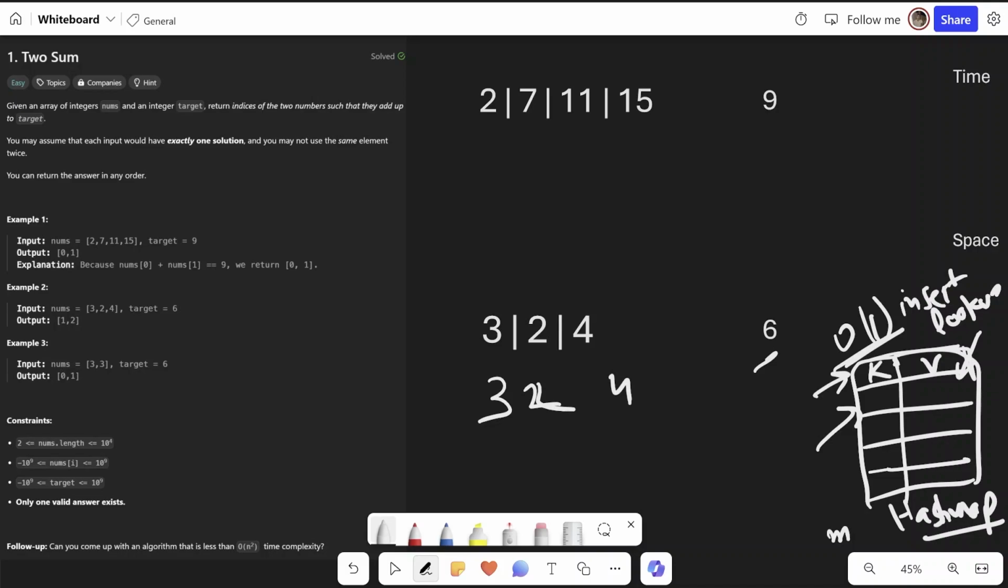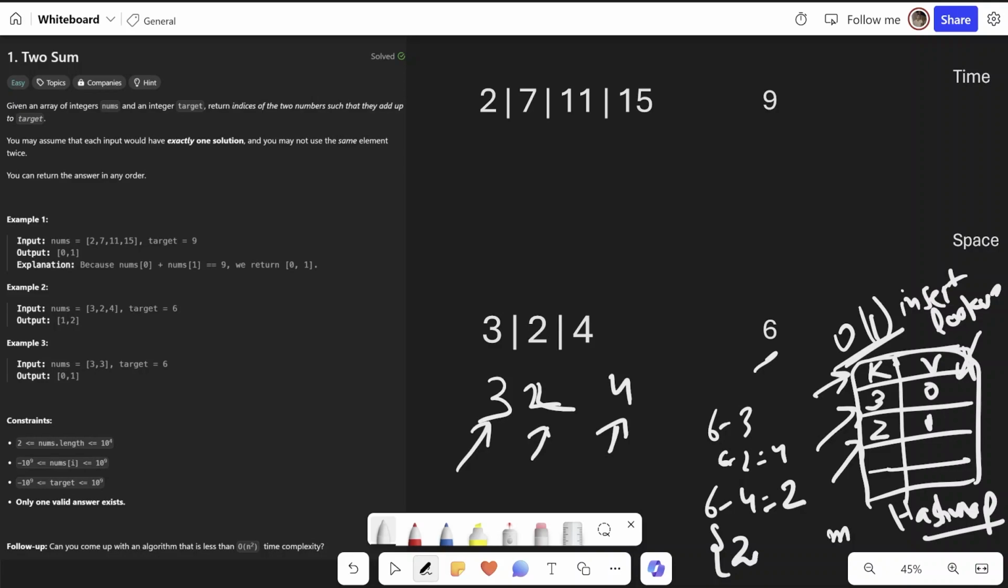Okay, I start with 3, target minus 3, 6 minus 3, 3 is not already there, so I insert 3, 3 comma 0. Move on to the next value 2, 6 minus 2, 4 is not there already in the hash map, so I insert the current value which is 2 and its index 1. Then move on to the next value 4 and check if 6 minus 4, 2 is there already in the hash map or not. 2 is already there, so I'll take 2's index from the hash map, sorry. So m of 2, which would be